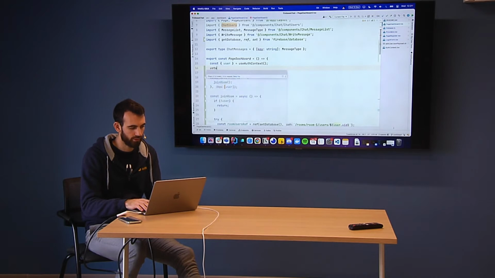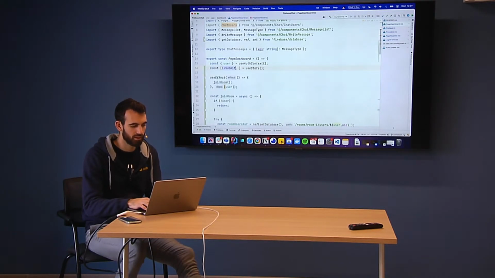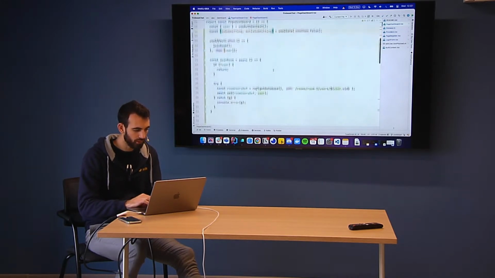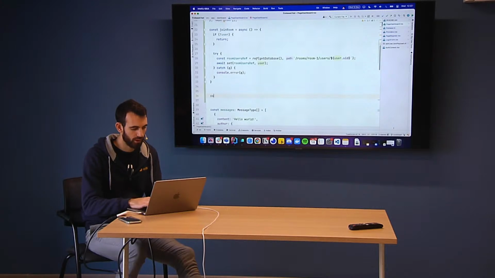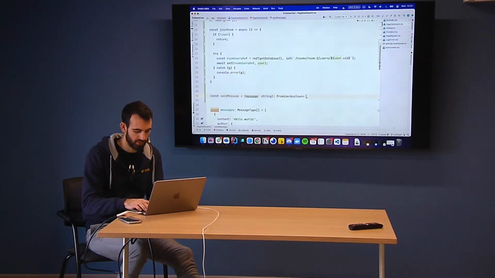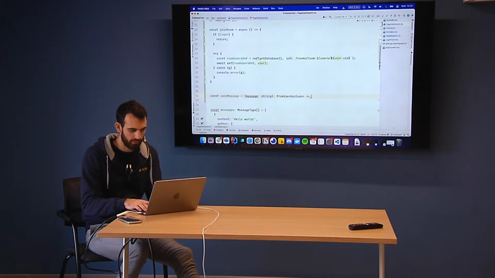We will first create the state isSubmitting, setIsSubmitting, which is false by default, and we will create the sendMessage function, which will take a message, so the text message, so it's a string as a parameter, and returns, as I said, a promise with a boolean inside. And this function,